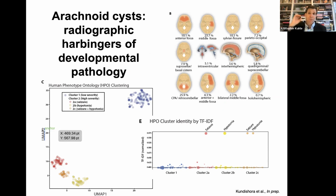Well, as a neurosurgeon, sometimes these associated phenotypes are thought of as being caused by the arachnoid cyst or used for justification for doing a craniotomy for cyst fenestration to, for example, decrease the rate of epilepsy. Or we're thinking that if it's on the left side, it's somehow impairing language development or something, where in fact, what these cysts are really representing is